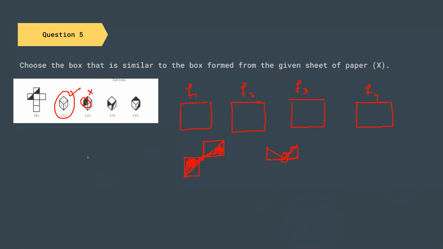In this particular triangle, you can see that one of the triangle is like this and another triangle is like this. So both of these triangles are attached, like one triangle is attached to its side and another triangle is attached by its middle. So this is not possible. Both of the triangles are attached via their corners or via their side. So this is also eliminated. We are left with this one.